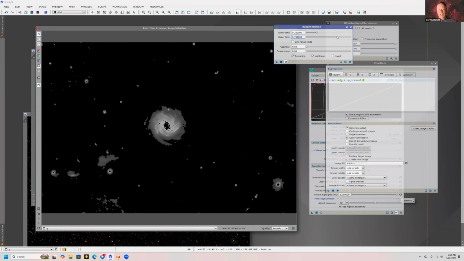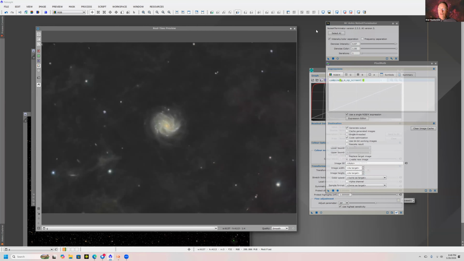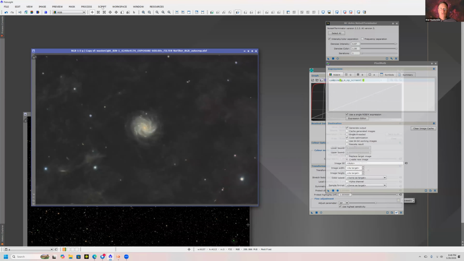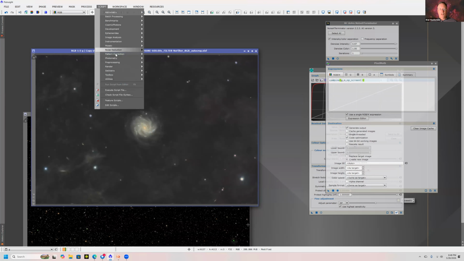But as I do that, I'm starting to lose some of the galaxy. I want to get rid of these bright halos, but you notice I'm losing some of the galaxy. So I'm somewhat limited in what I can do with that tool. I can reduce some of that, but I'm still left with these bright things that I would then have to go and paint out, clone out. Rather than do that, we'll use one of the many SetiAstro tools that is an absolute wonderful addition to PixInsight